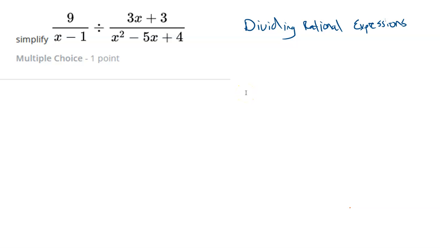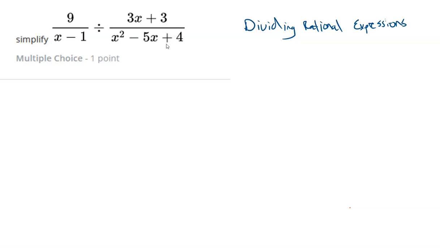My next type of problem for this test is dividing rational expressions. Remember, rational expressions are expressions that have a numerator and denominator of polynomials, like these two right here. It's two rational expressions, and we're going to divide them into each other. Now, when you divide two fractions like this, which a rational expression is basically a fraction,